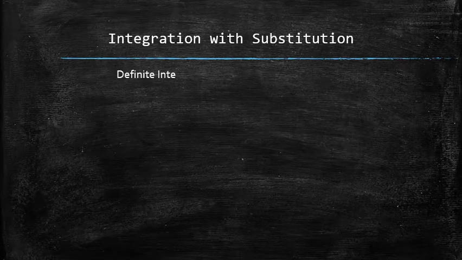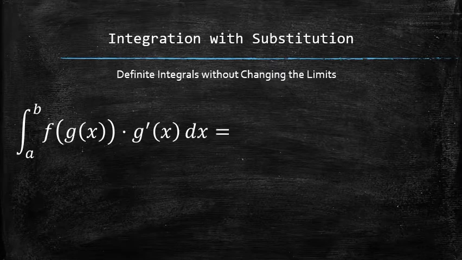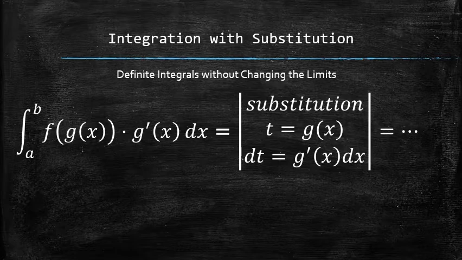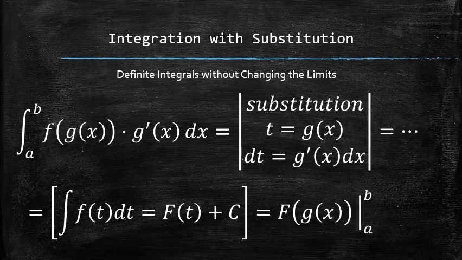For definite integrals, we can summarize the procedure in the following way. We again first recognize the pattern. Then we set up the substitution by setting a new variable, let's say t, equal to g of x and finding the differential of t. Next, we find the indefinite integral as discussed previously, and we finish the process with plugging the original function g of x back for t and evaluating it using the fundamental theorem of calculus.